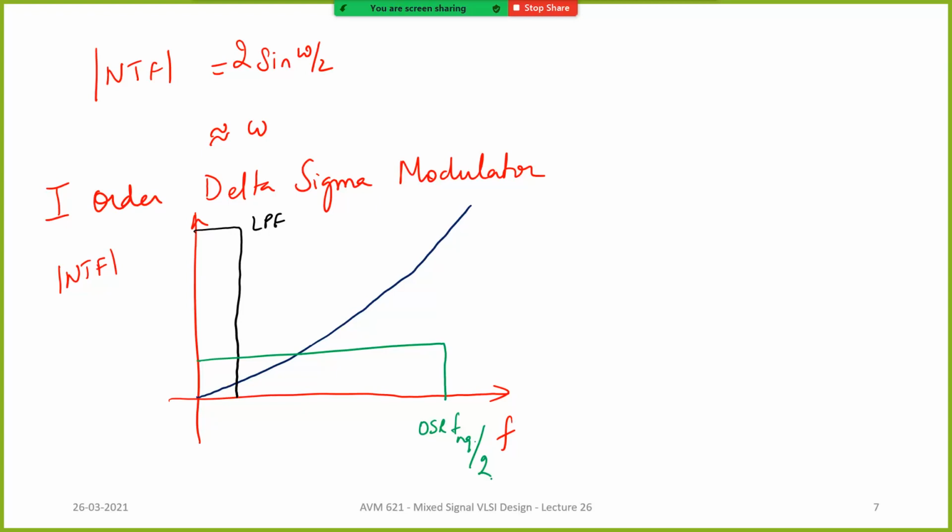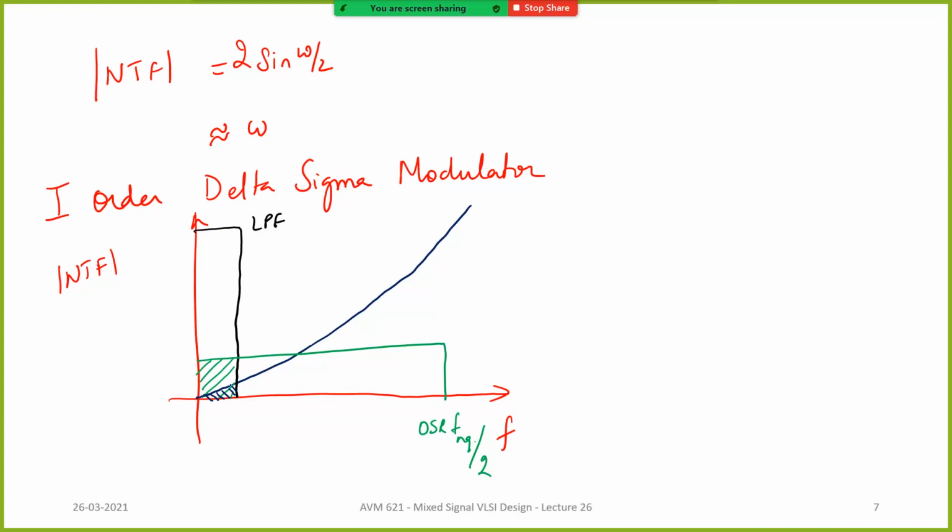And what was the SNR here? This is the noise power that you would have had inside the band. The in-band noise power, if you didn't do any noise shaping or any feedback loop, if you just did oversampling and put a filter, that shaded portion is going to be the noise power, the area there. But now, because of this loop that we designed, the shaded portion is only this much. Now you can see how much noise it has attenuated.